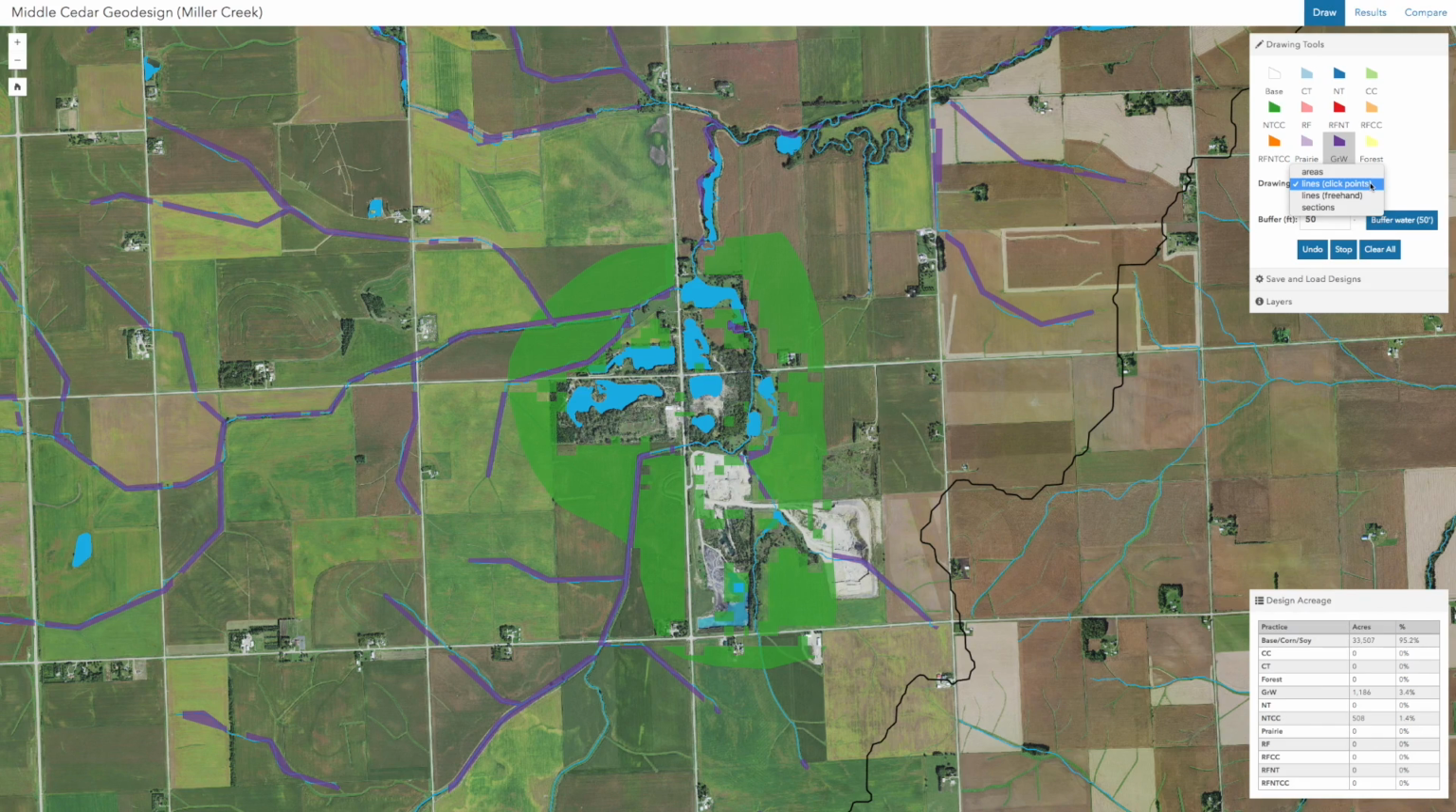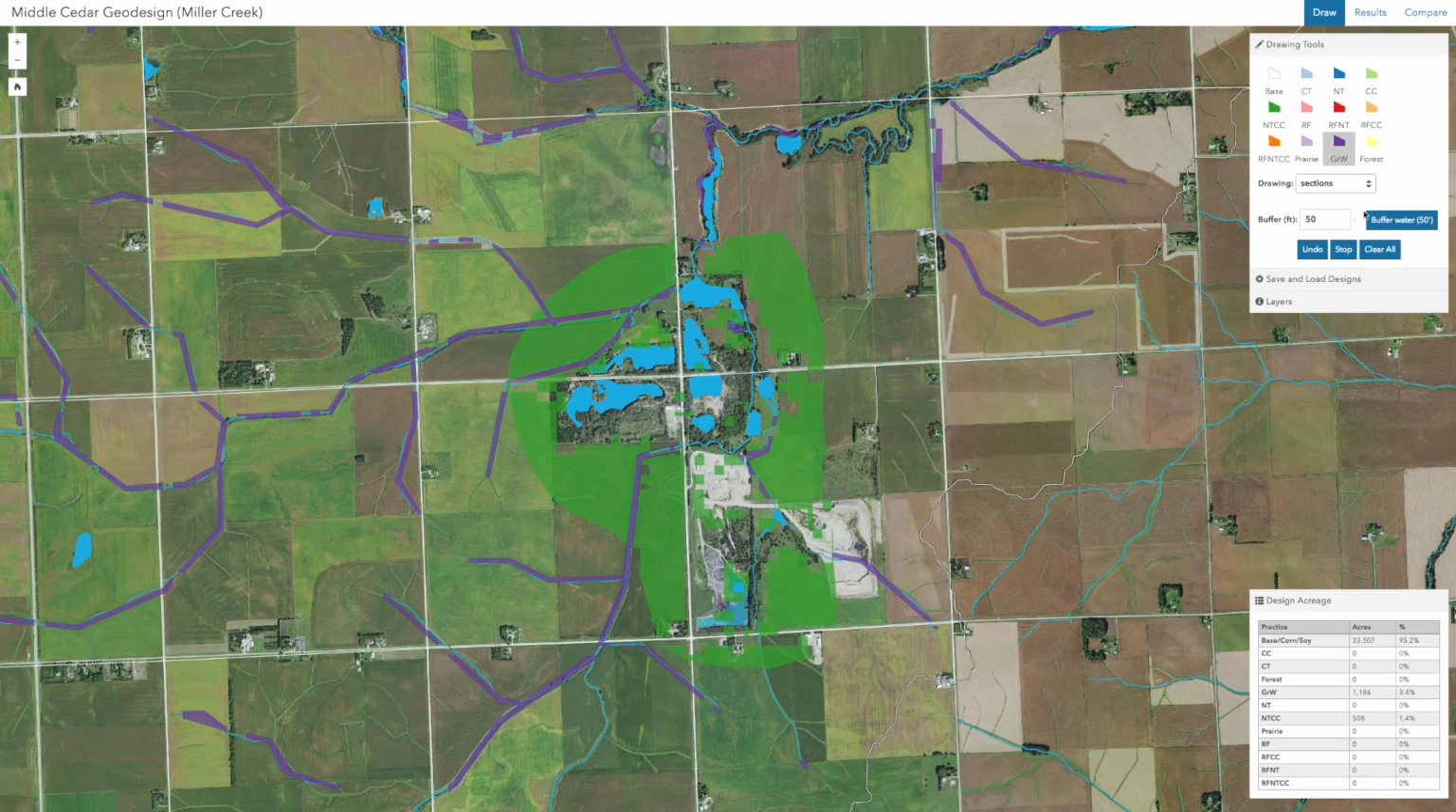Our fourth option under drawing is sections. Let's say you want to make a change to a larger area at once. You can do that with sections. You'll see when we changed over to sections, we have white lines around our various sections. I'm going to go ahead and pick a different practice. Let's say reduced fertilizer cover crop, and make a change to this section down here just by clicking once in the section. I can see that section is now changed to reduced fertilizer cover crop,